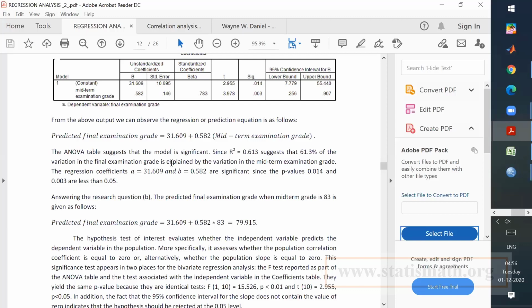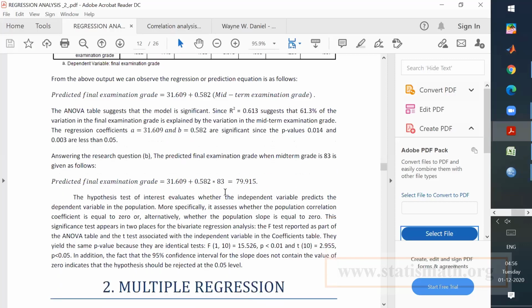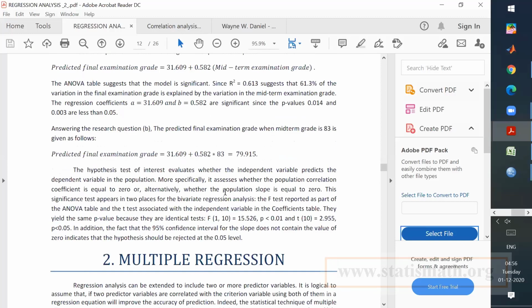So you plug it in, and then you have to give the interpretation like this. I just want you to write a small report like this, right? Anyway, I'll post these things on Moodle, so you will have access to all these outputs.